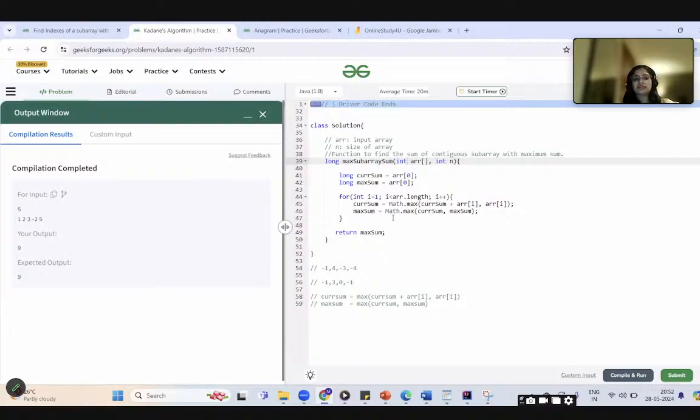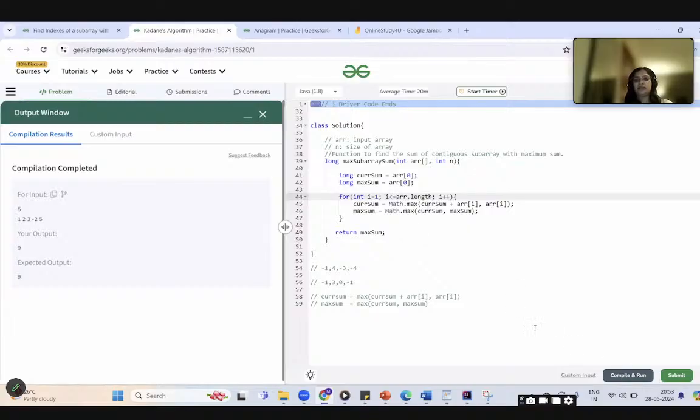Also, guys, while doing such types of questions, one topic was mentioned in the Cognizant pattern: exception handling. Whenever we are doing questions which include arrays and a for loop, make sure you put the right conditions in the second step of the for loop, that is, the conditional check. What if I write here i less than or equal to array dot length?